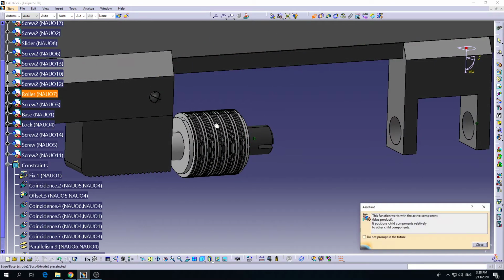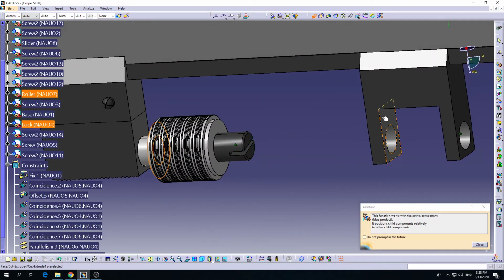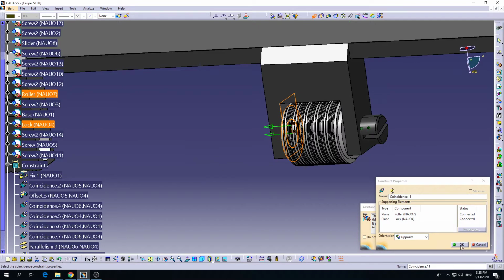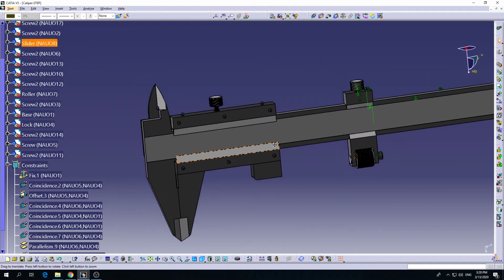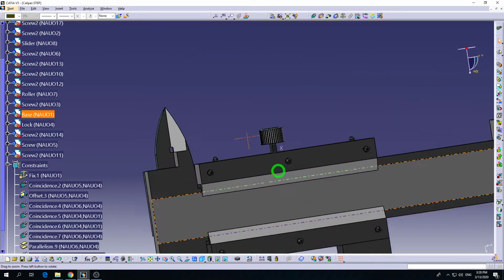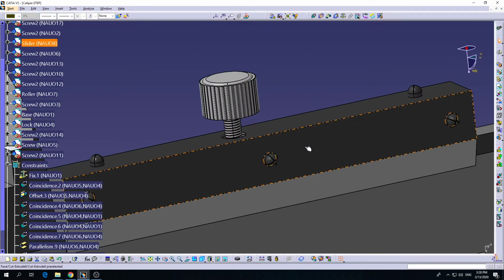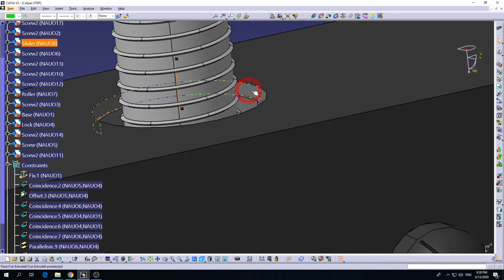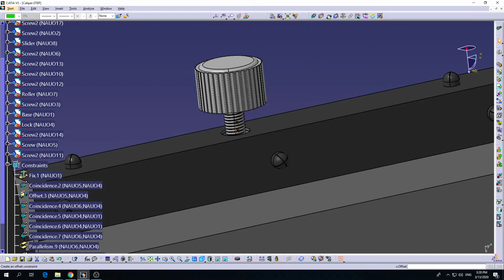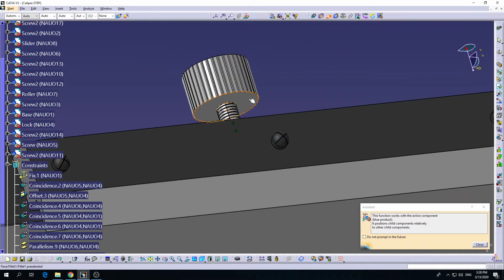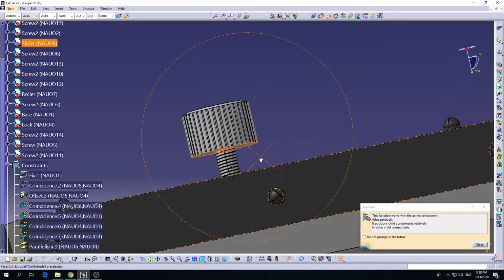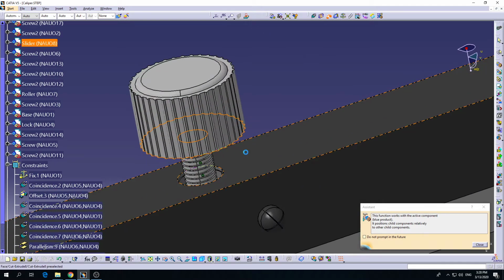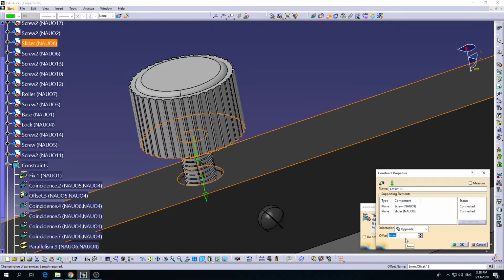So I will want this surface to be coincident with this inner surface. Okay, and I have the other elements for the main slider of the caliper. Again, I will want this axis to be coincident with that axis. I will set that same offset, so from this top area until this area it will be 1 millimeter,